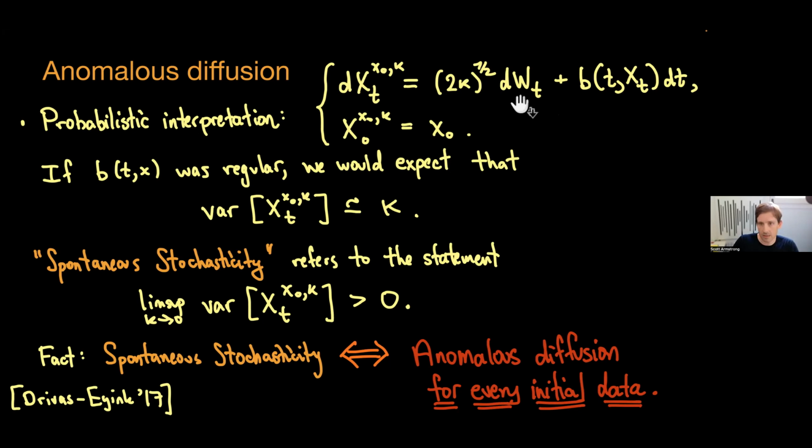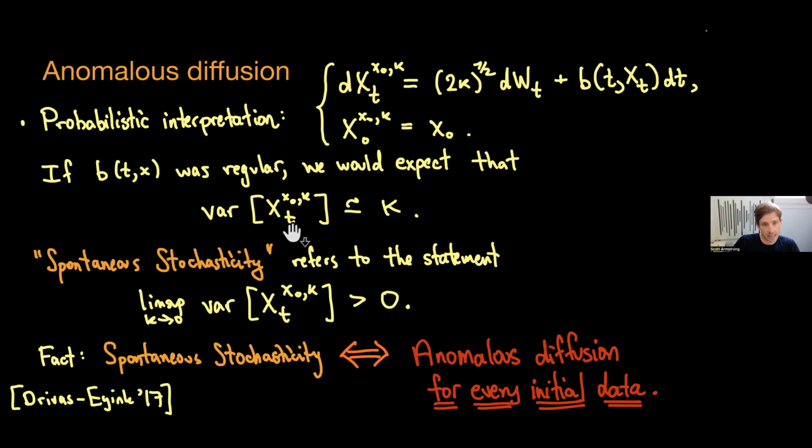W is a Brownian motion. There's a constant depending on kappa there. There should be a 2. I think there's a square root, and this is the amount of diffusivity. And then it's advected by this deterministic term. So if this would not be there, then you would have just the ODE flow. And if this is there, then you imagine that if the ODE flow is nice, it would just perturb the ODE flow. And so if B was sufficiently regular, you'd expect, for example, that as kappa goes to 0, the